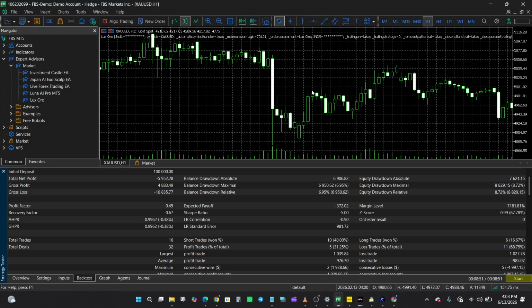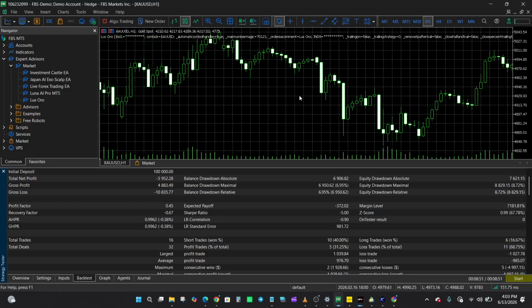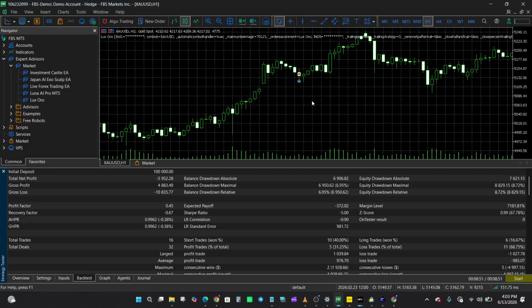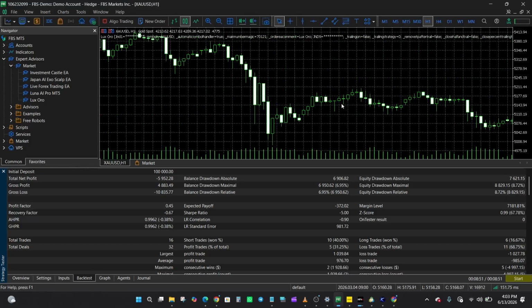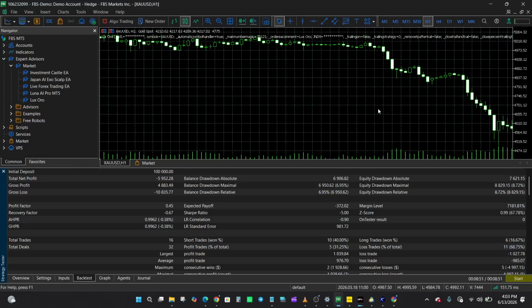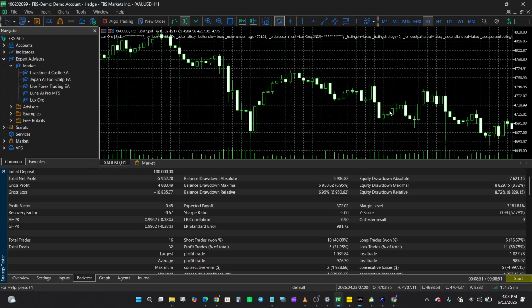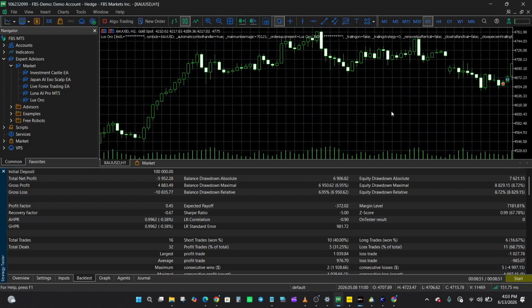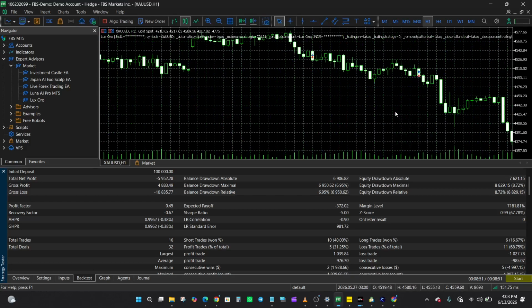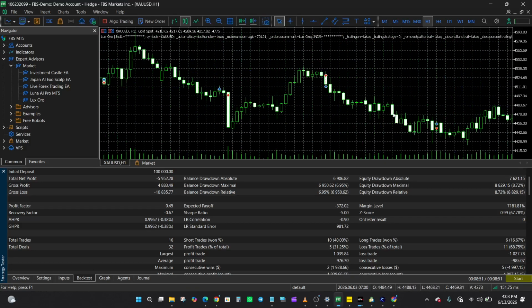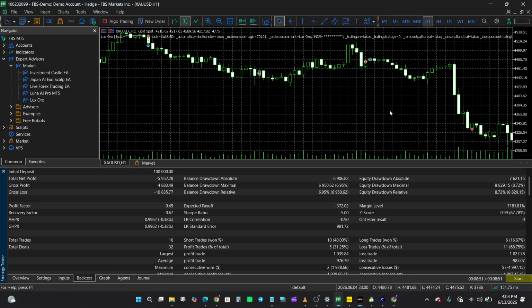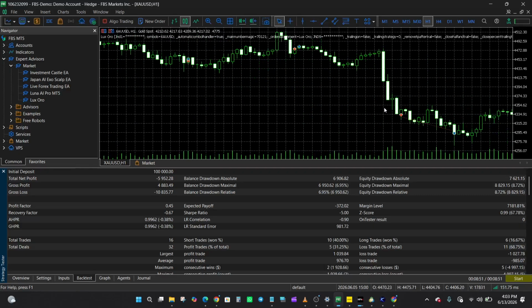Moving over to the chart activity, we can observe where positions were opened and closed throughout the testing period. Now, beyond that, I don't want to make assumptions about the exact entry logic or strategy rules because those details are not fully disclosed in the marketplace description. The safest approach is to evaluate what is visible in the testing data while avoiding conclusions that aren't directly supported